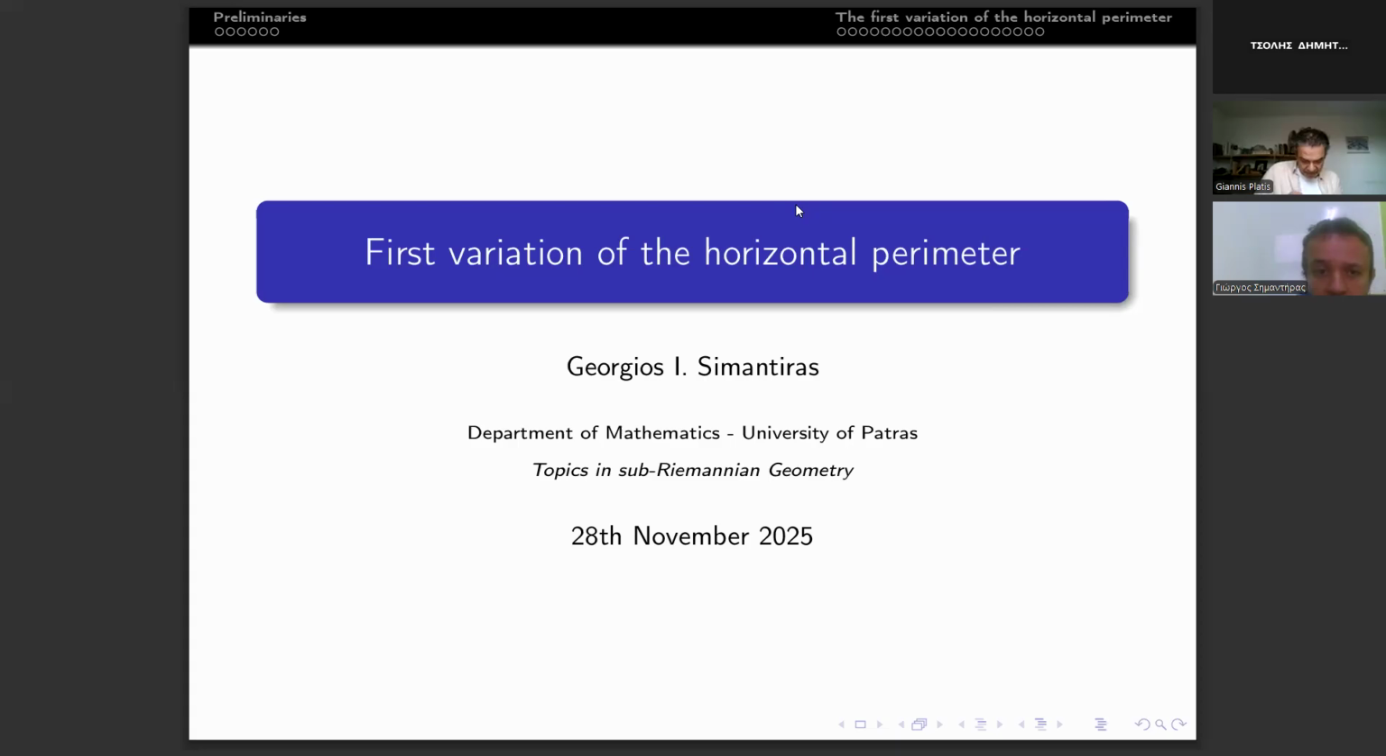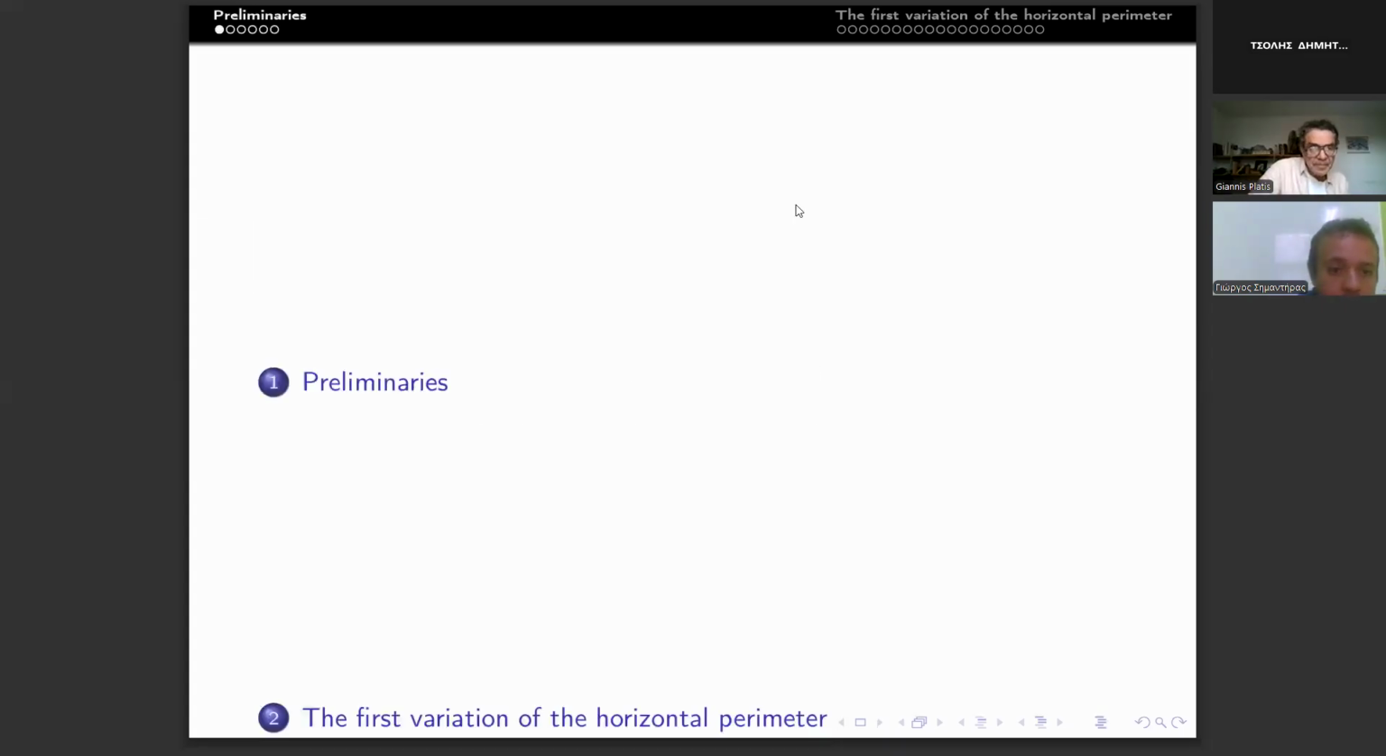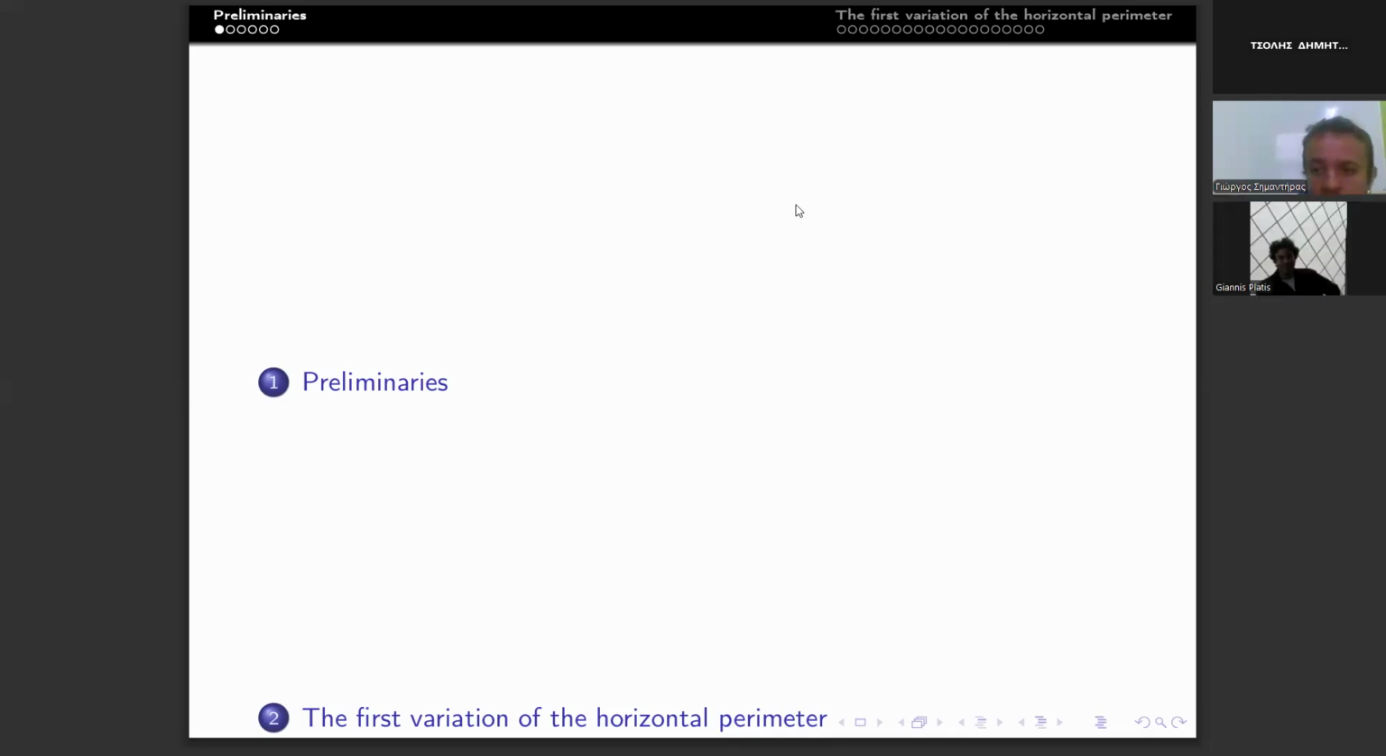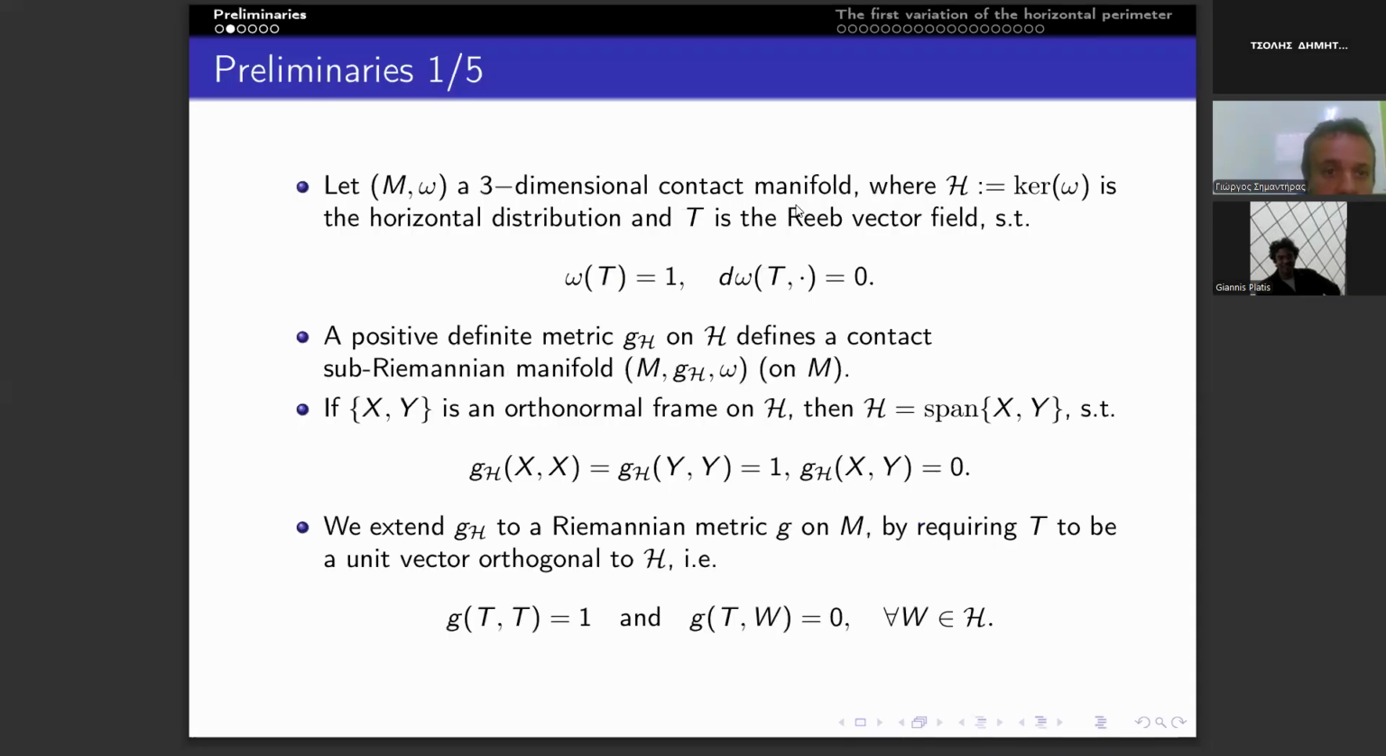Good morning, everyone. Today's talk is about the first variation of the horizontal perimeter, and it decomposes into two parts. The first one is the preliminaries, and the second part is about our main topic, the first variation of the horizontal perimeter. And now for the preliminaries, we start with a three-dimensional contact manifold, (M, omega), where we have the